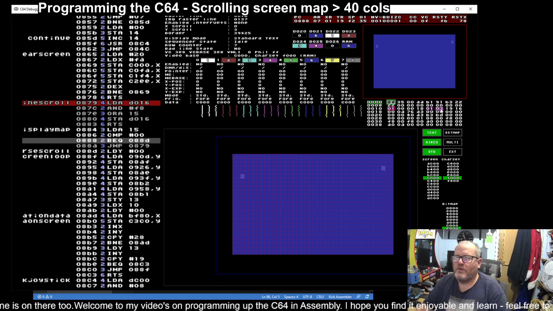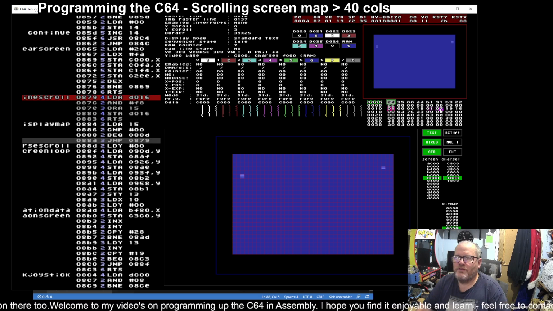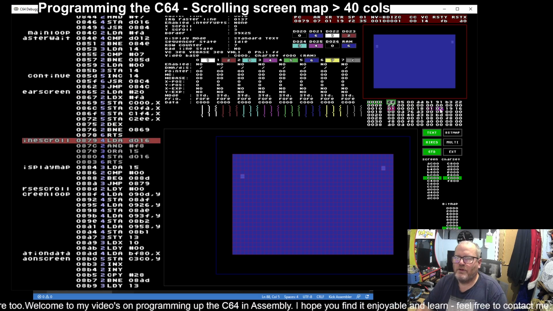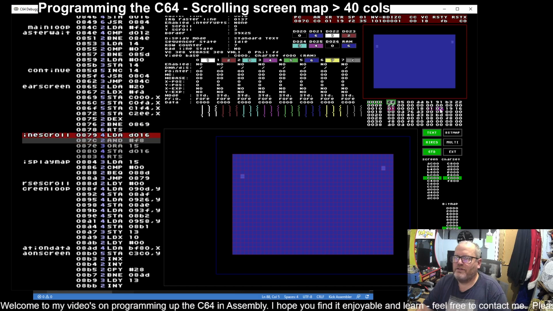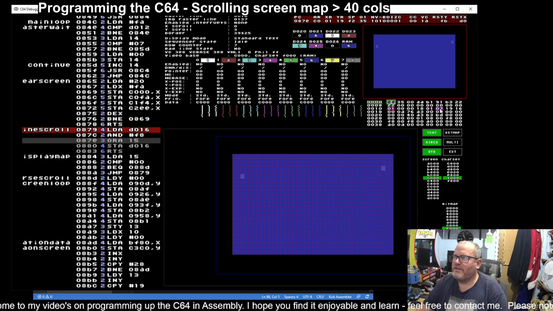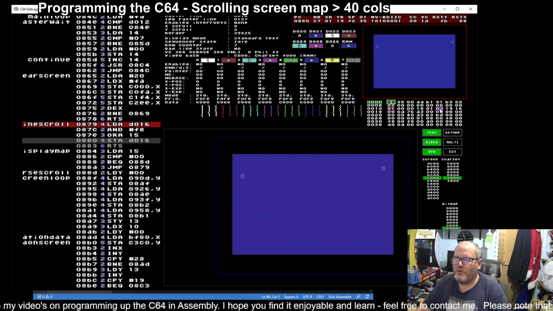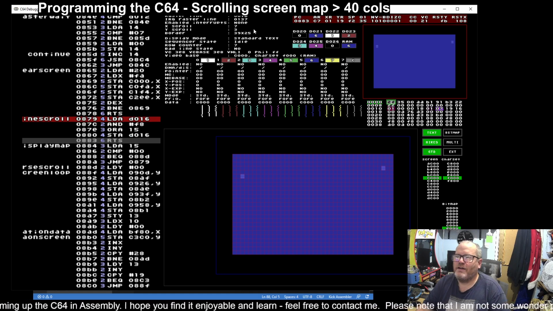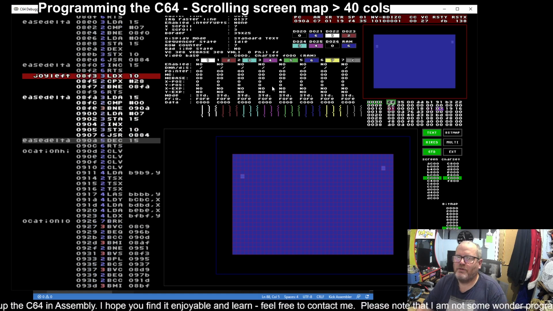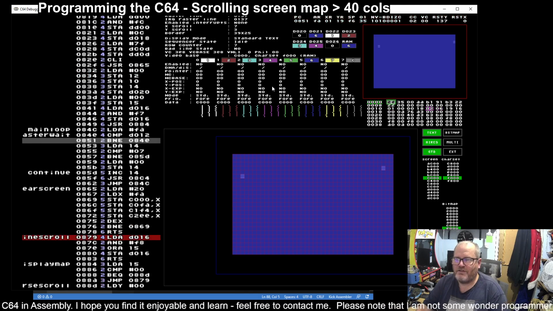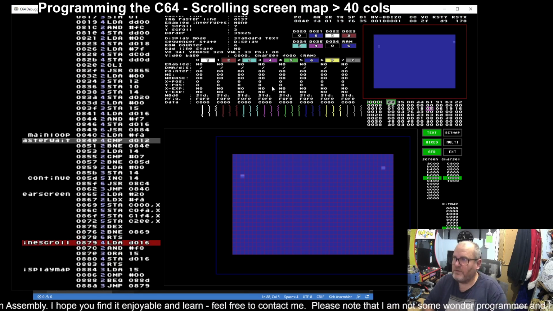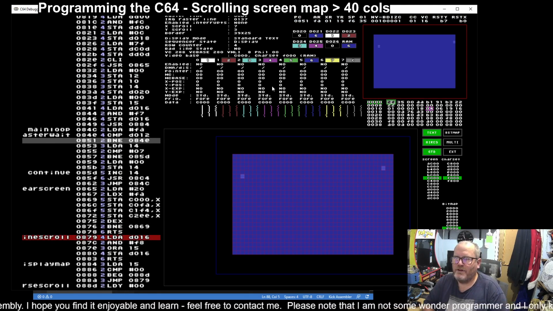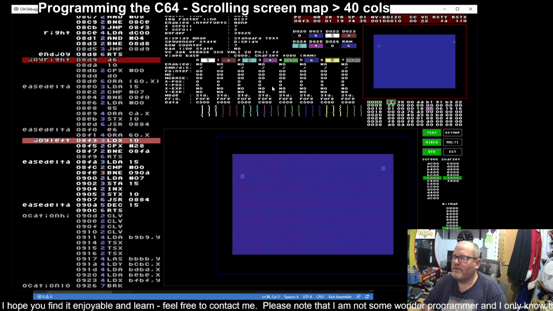So this will do the fine scroll. We're loading D16, we're anding it, oring it with the contents of 15, storing it back, and it sets the X scroll, and then it should just carry on. So C7. So if I then do right again,